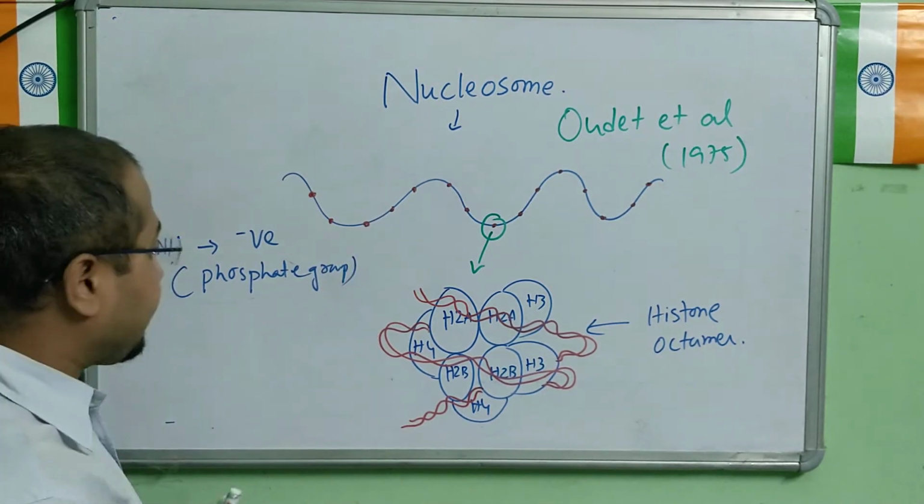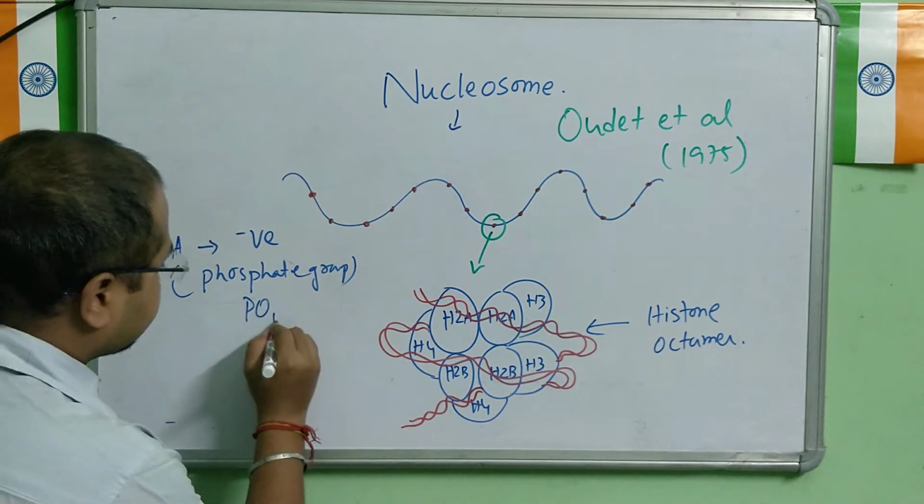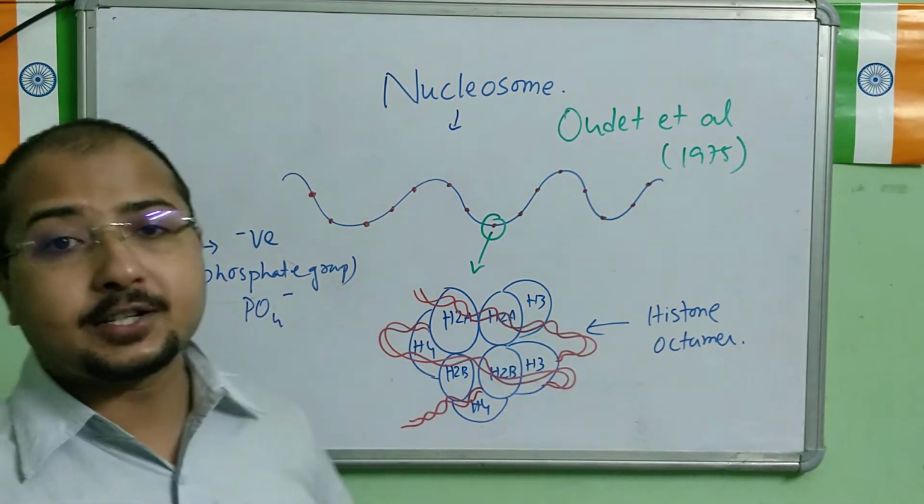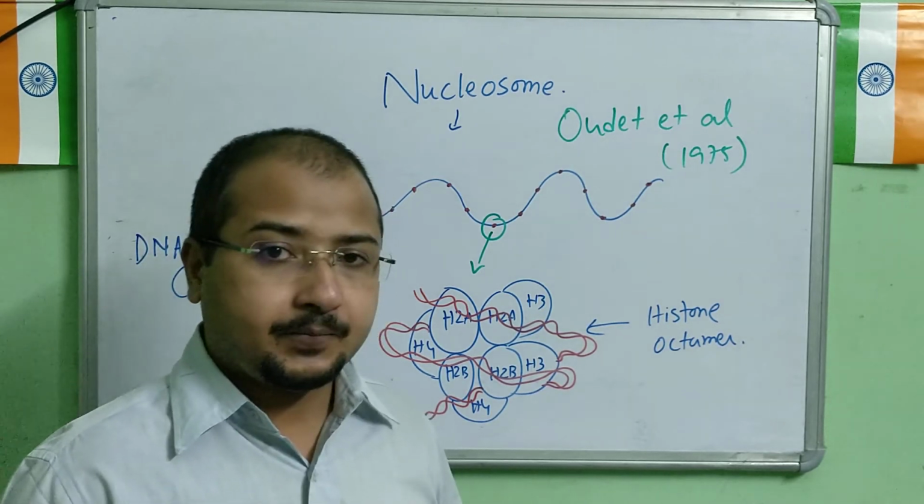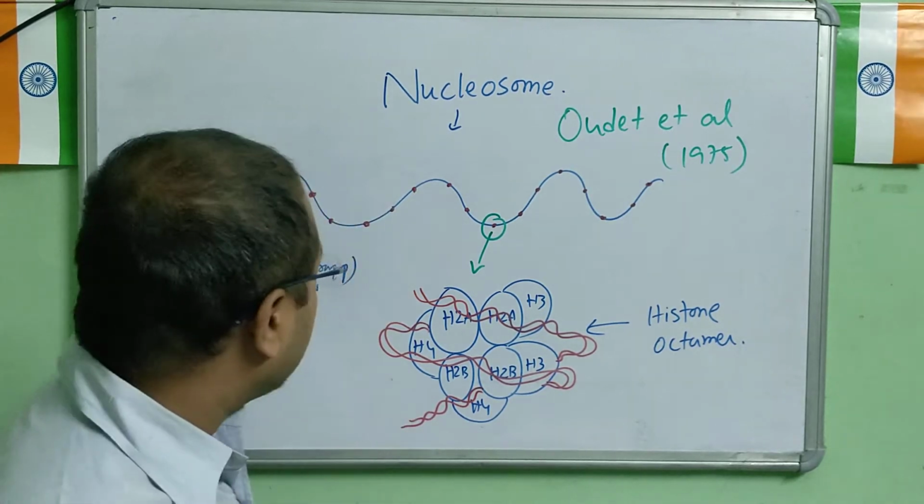Okay, the phosphate group is negatively charged in the DNA. So that makes the entire DNA negatively charged. Okay. Now